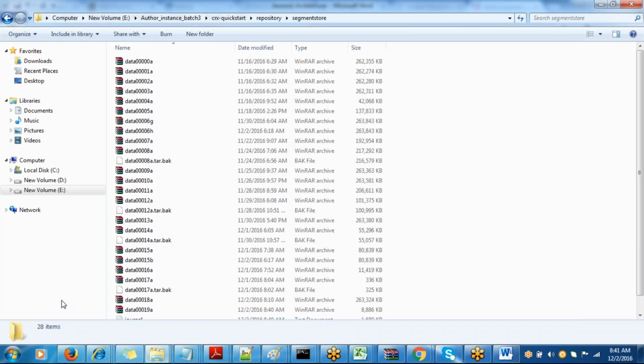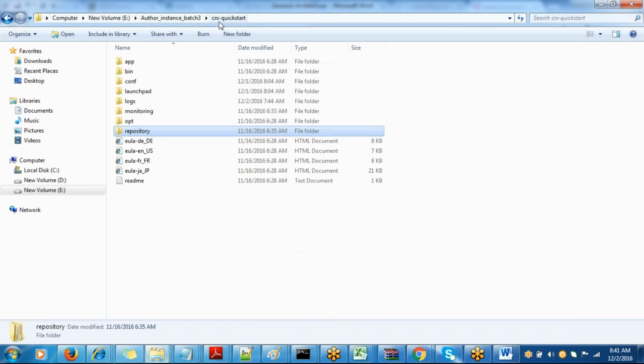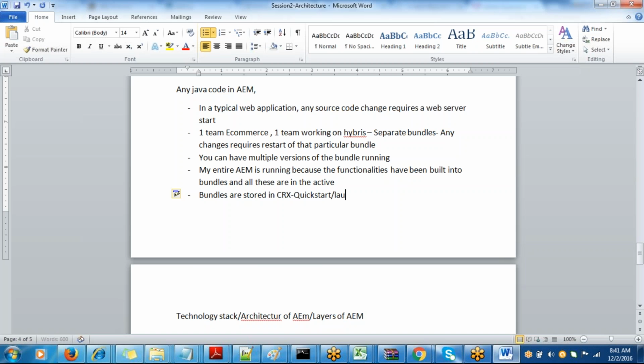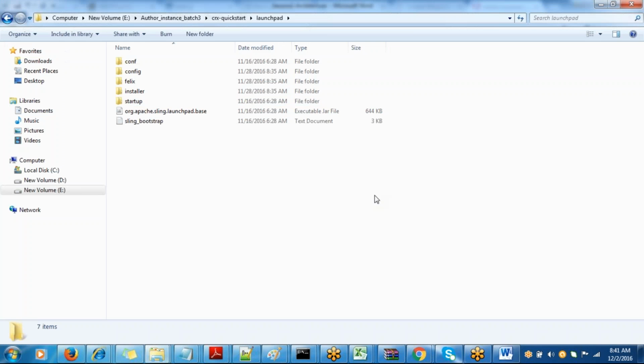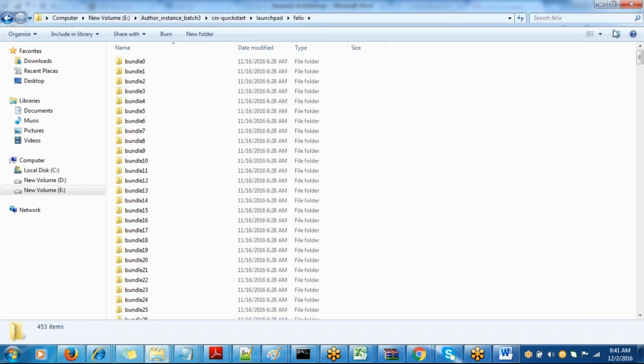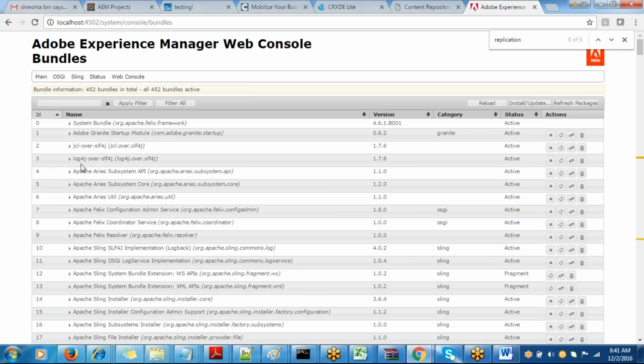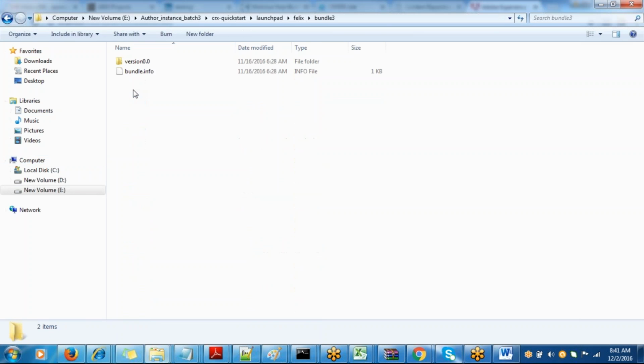Anything that you see on the front end, somewhere it has to be on the back end. I mean the physical storage, and this launchpad is the physical storage. In the launchpad, I need to go to the Felix here. Do you see all the bundles are stored here? Now let's say I want to view the source code of bundle 3. Every bundle has a number. So all I need to do is go inside this one, and this is a